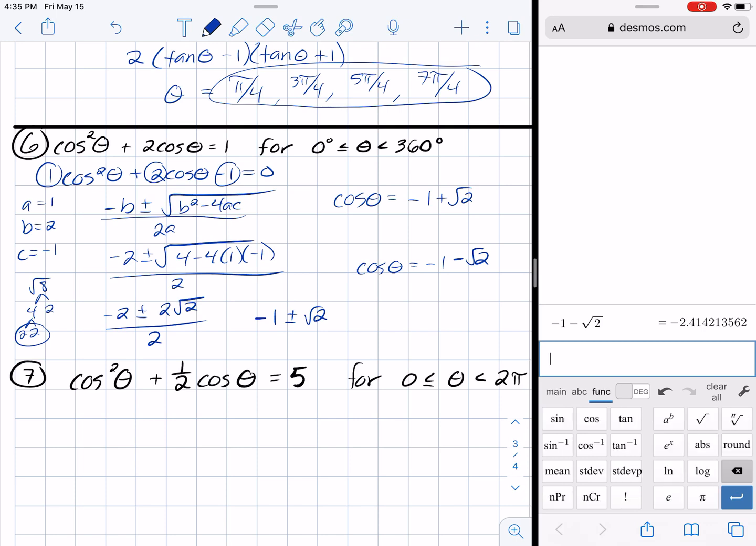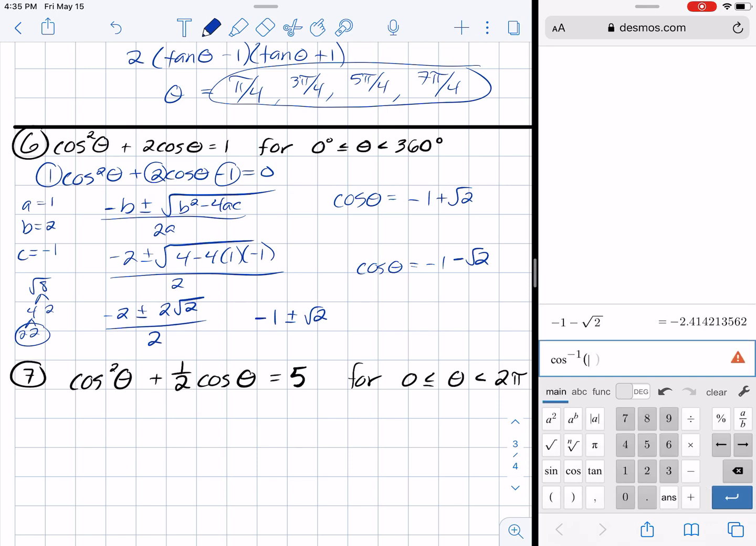You can check by doing second cosine, negative 1 minus root 2, and you're going to see a problem. That's undefined. So no solution there. But let's try the plus root 2. We do have a solution. We have a solution of